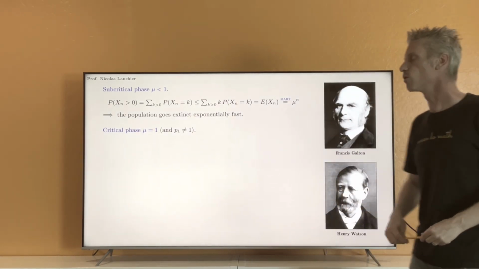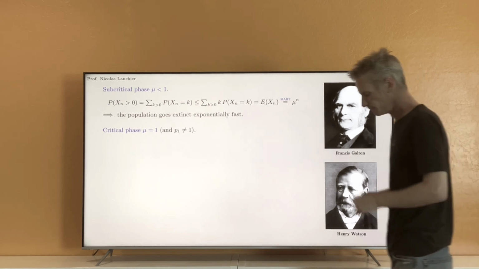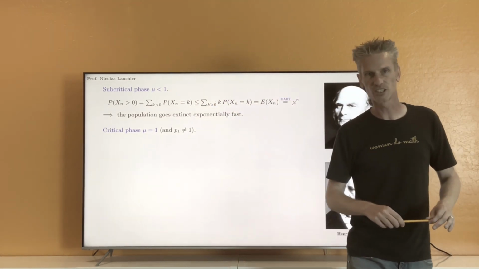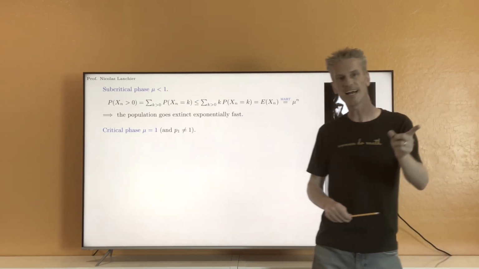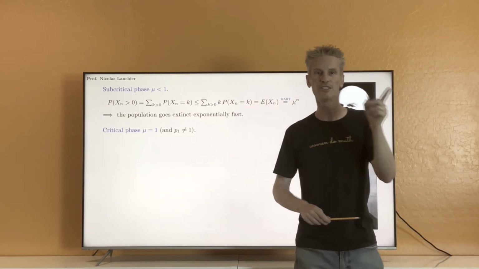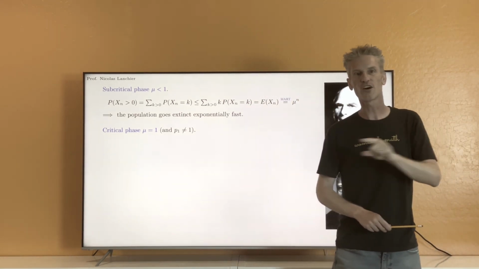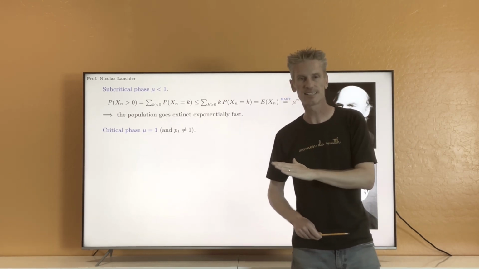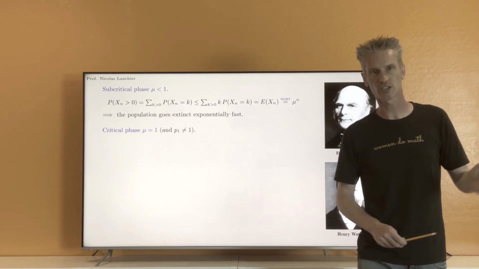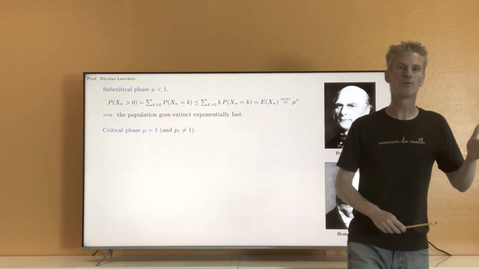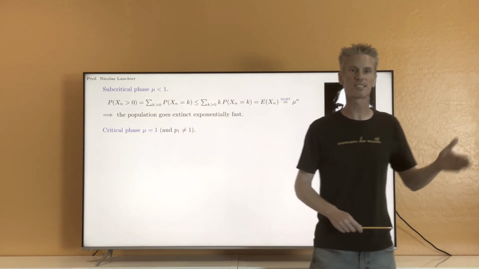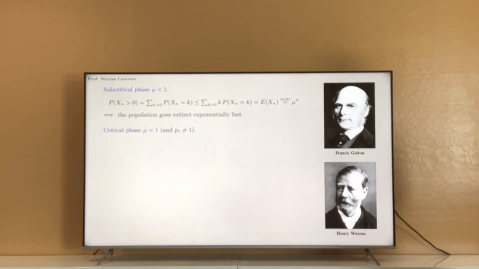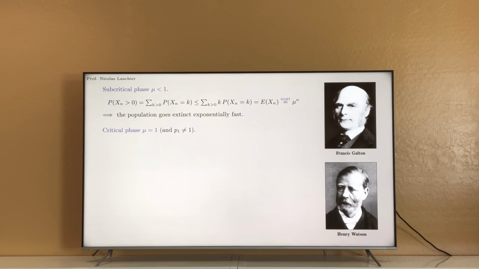Alright? So, now how can we prove that rigorously? To prove almost sure extinction, first, you want to prove that Xn converges almost surely to 0. The first theorem we saw about almost sure convergence of martingales is the martingale convergence theorem. And to be able to apply this theorem, we need to prove that the process is bounded in L1. So that's the first thing we need to do. And the proof is very simple in this case.